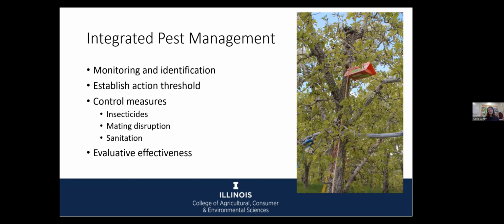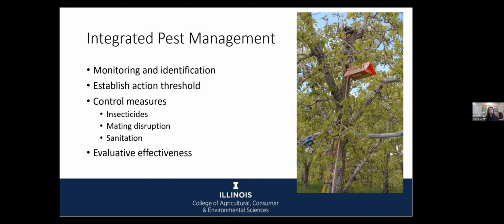I'll talk a little bit more about the trapping here in just a few minutes. But once you've identified the pests, then we have these action thresholds, and as I talk about pests, I'll talk about what some of the actual action thresholds are. That is the number of pests that you catch over a given time or in a certain area that tells you that you, in fact, do need to take some sort of control. If the number of pests is below that, you don't have to do anything. And so that is absolutely pest dependent.